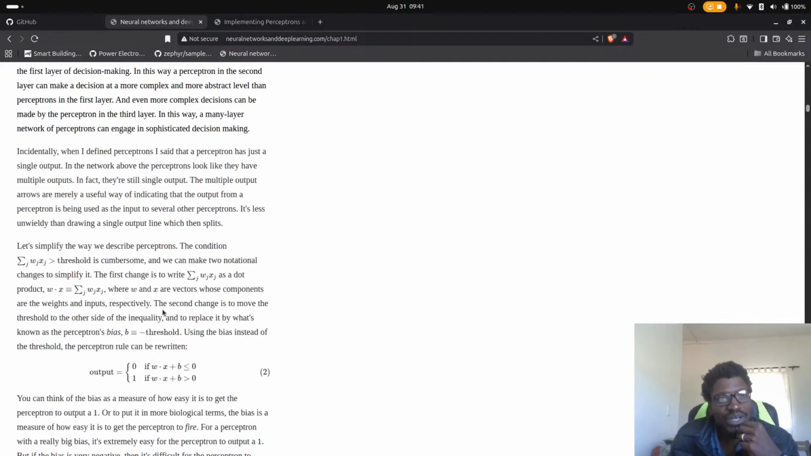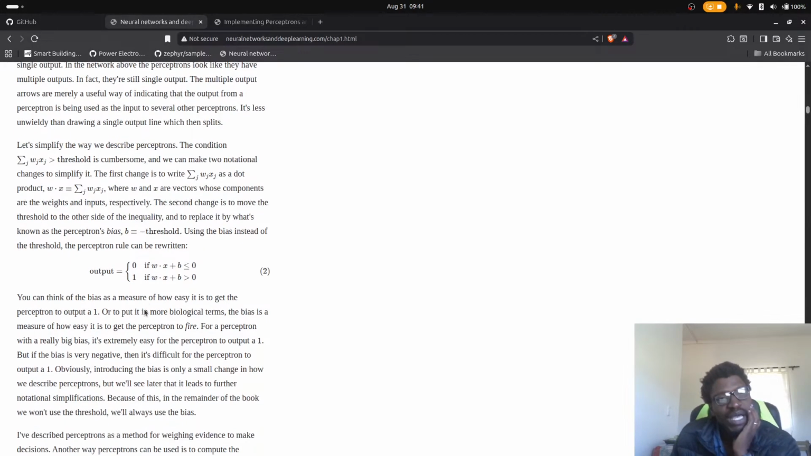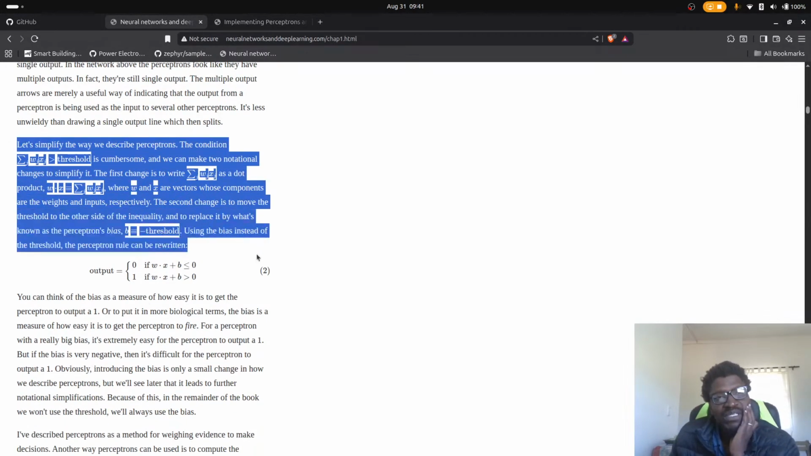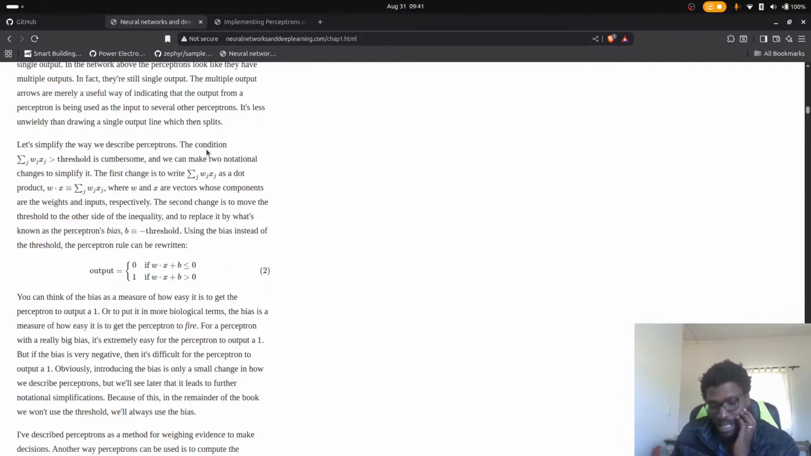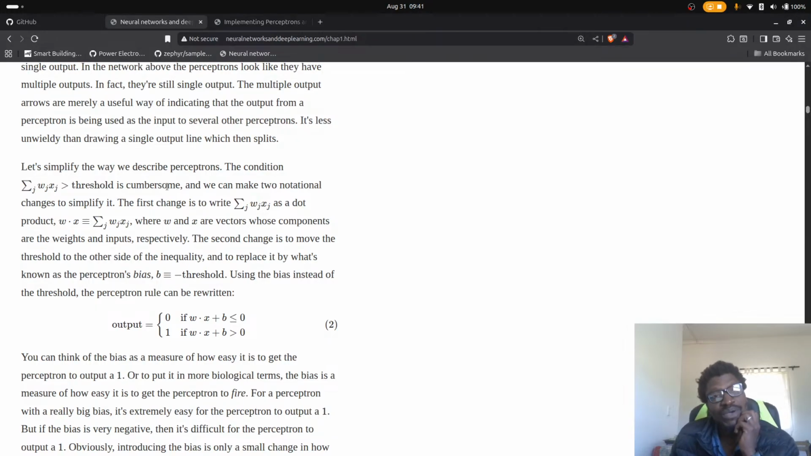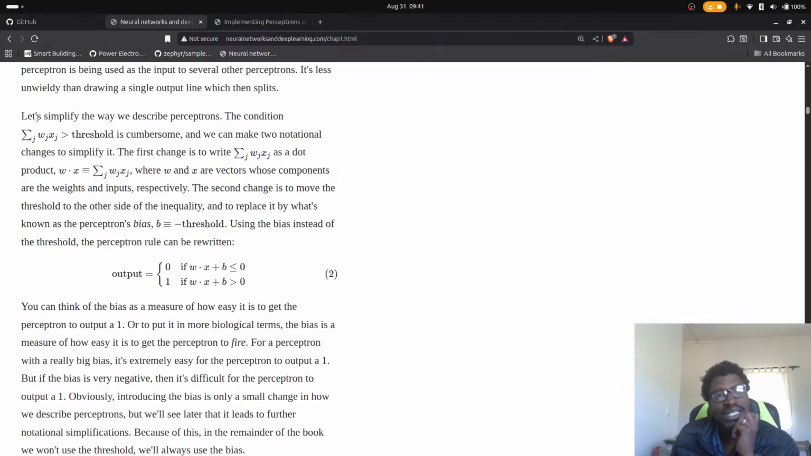So let's look at a way of simplifying it. There's this part here. I'll even zoom in so that we can see better. Let's simplify the way we describe perceptrons. The condition